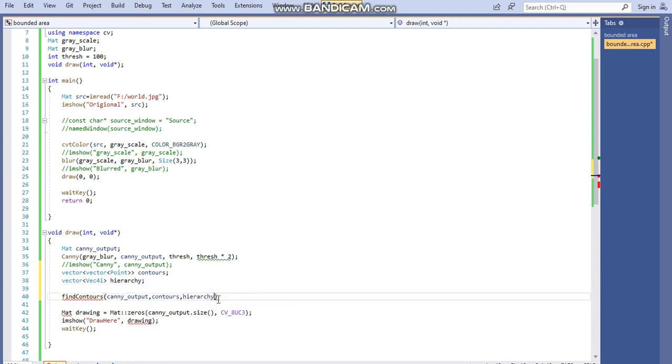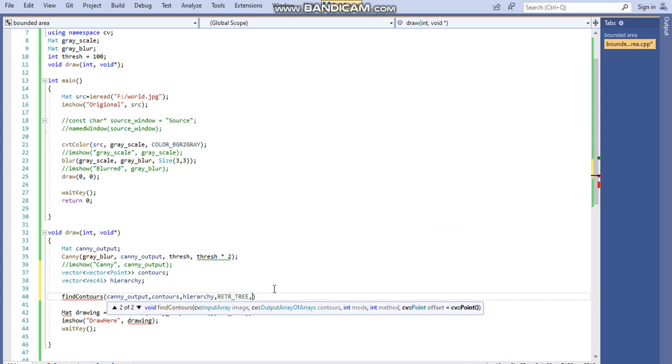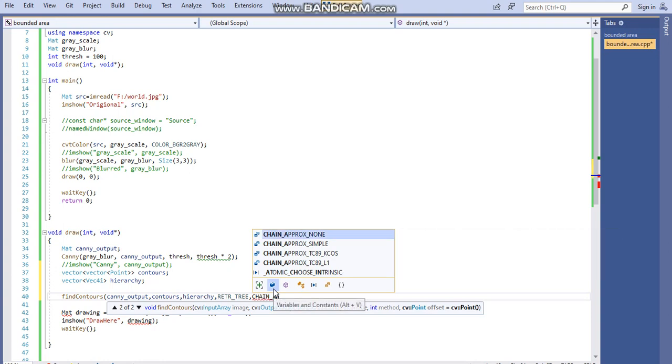Here put a comma, then what else is needed? The mode, meaning in which mode you are going to find the hierarchy. So retrieval, RETR underscore TREE. Then the method is CHAIN underscore APPROX underscore SIMPLE.